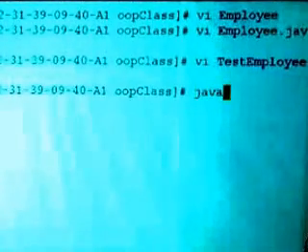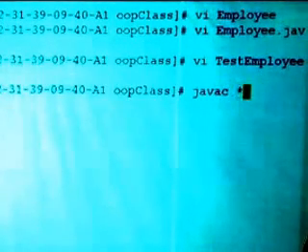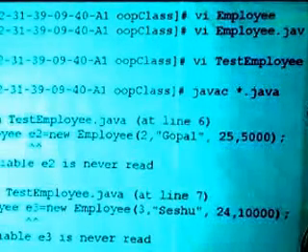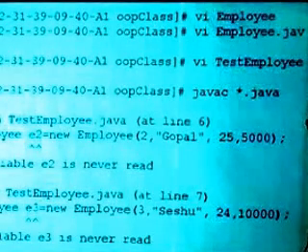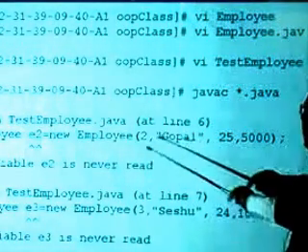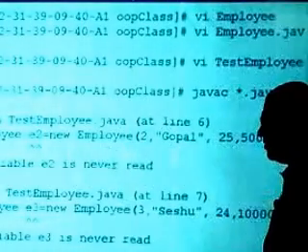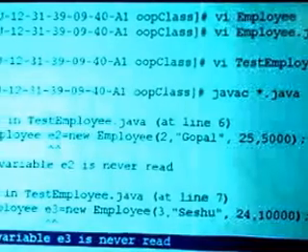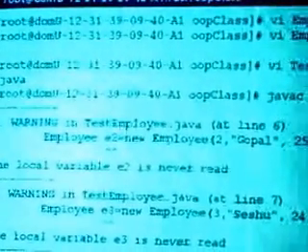Okay, so now we have 2 classes. Now we need to compile the first one first, or we just say javac star.java. Okay, now I get an error because what happens is employee E2, that's a warning. Which is perfectly fine, because it's cribbing that you have created E1, E2, E3, and you have never used these 3 variables. So basically you are reported 2 warnings and 2 problems. The problems are warnings, so I'm not going to worry.